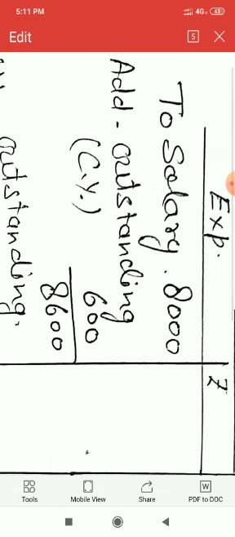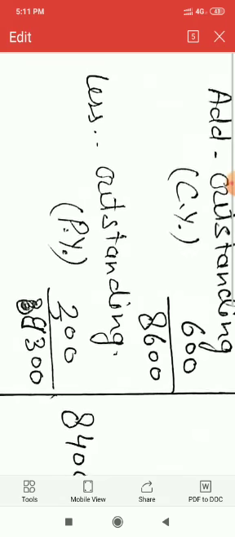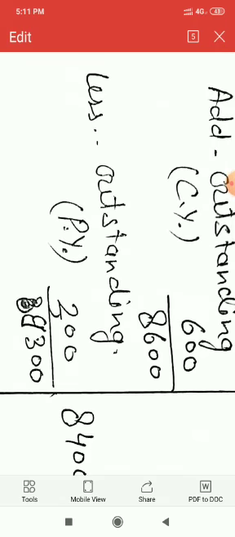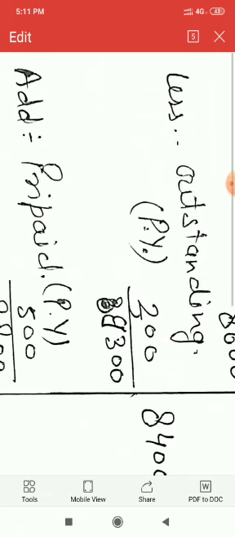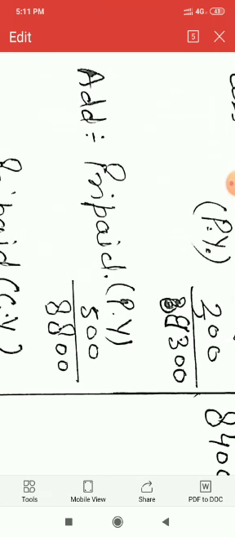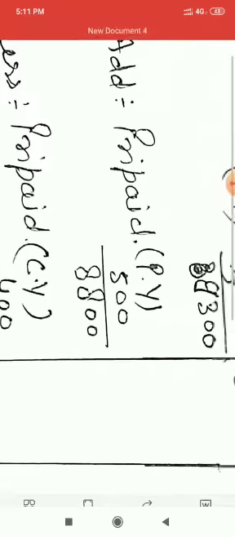Then add outstanding current year 600, then 8,600, then less outstanding previous year 300, 8,300, then add prepaid previous year 500, 8,800, less prepaid current year 400, and then the total amount will come